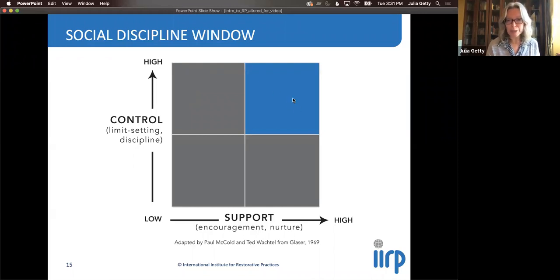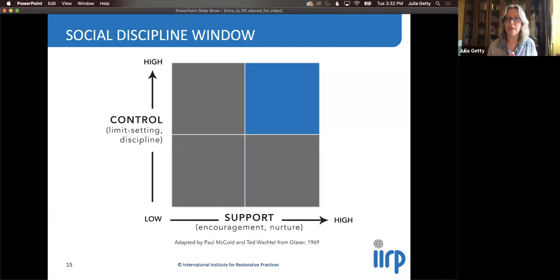Obviously, this quadrant is blue, so this is the sweet spot. This is the high control, high support. It means a teacher has high expectations, high accountability, but also that teacher cares about their students. They too understand if something is happening in their lives that is maybe affecting their learning or their ability to get their work done. Yet at the same time, they're not going to completely throw expectations out the window.